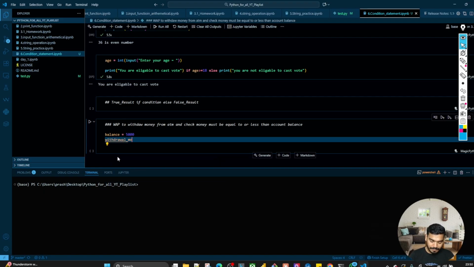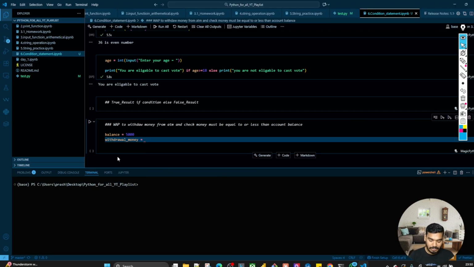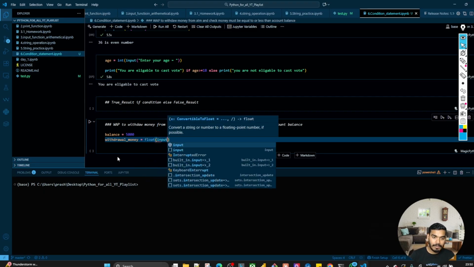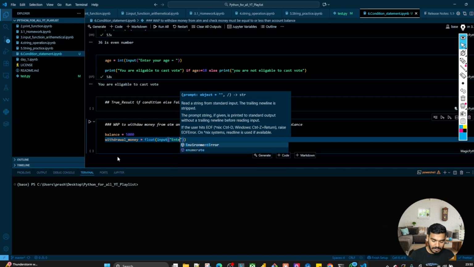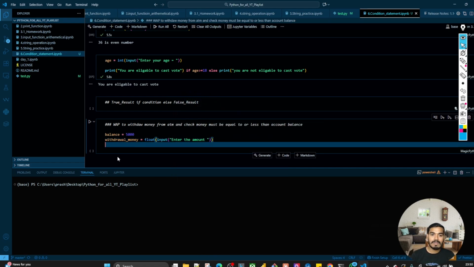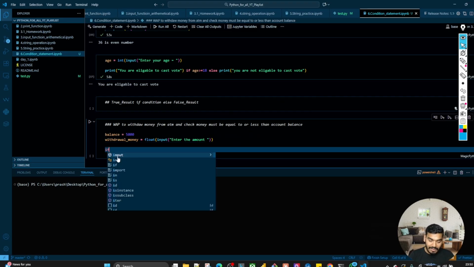Let's say I want to keep it as an integer, and it can be decimal also, right? So float input, and then enter the amount. Perfect. Now I will check what if